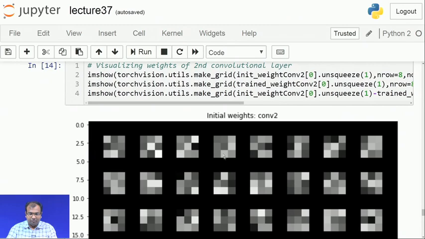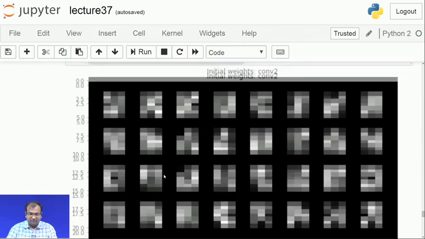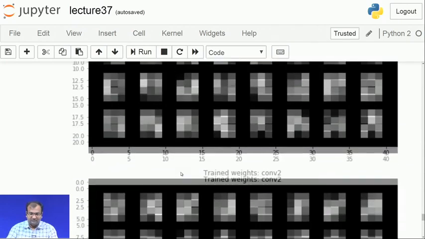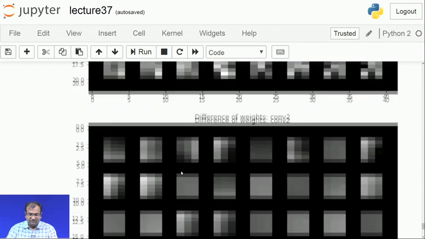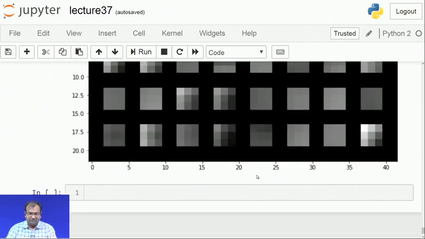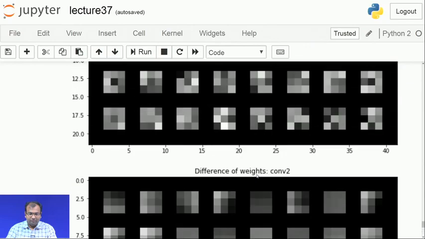Now, this is to look into the convolution of one of the kernels for your second layer. What you need to keep in mind is that since your first layer had 32 channels coming out, each of these convolution layers has 32, but this is only for one of these kernels. If you look at the differences as well, you see not much of a change, and a majority of them are still flat, which is 0 valued or near 0 valued changes. So, that is all we had to do with GoogleNet.